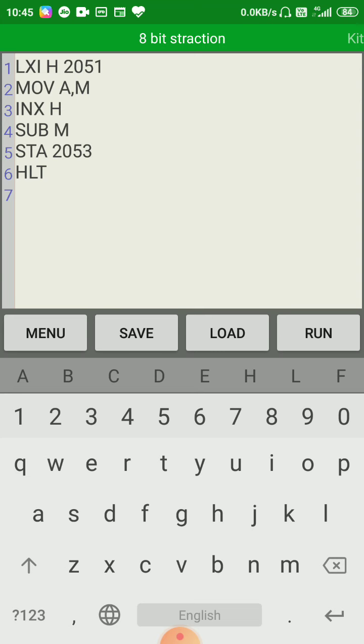That is, if we execute INX H, the next memory location will be 2052.